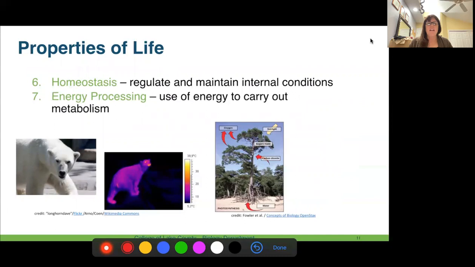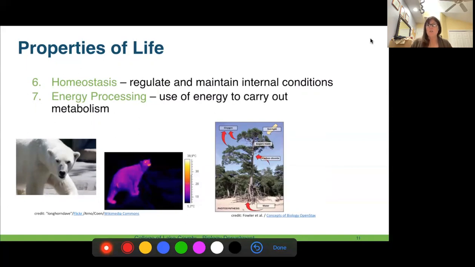And then the last one here, 7, is energy processing. We're going to spend 2 chapters talking about that. One is cellular respiration and the other is photosynthesis. And that's basically being able to take in food and convert it to energy that your body can use in order to carry out all the processes that they need to do